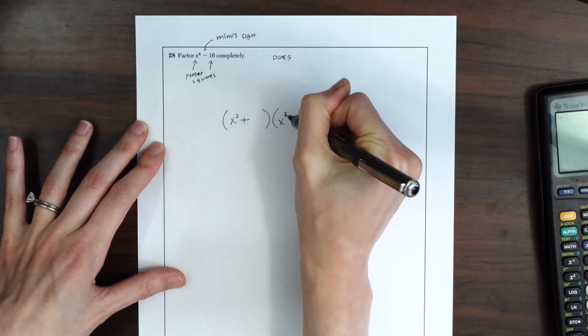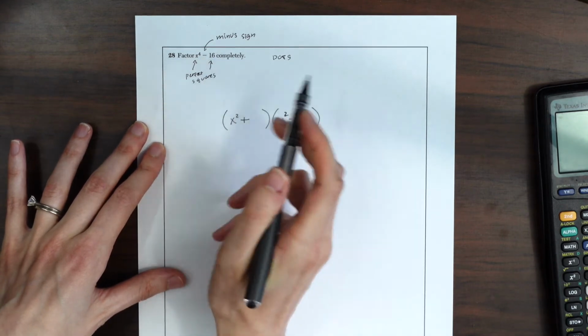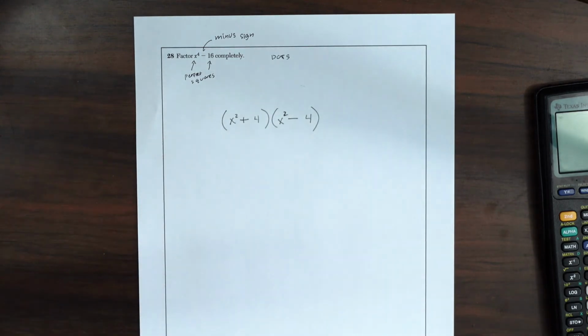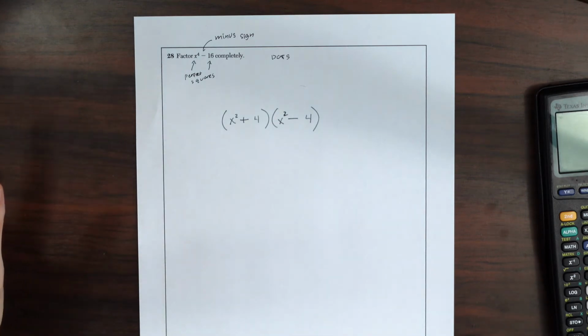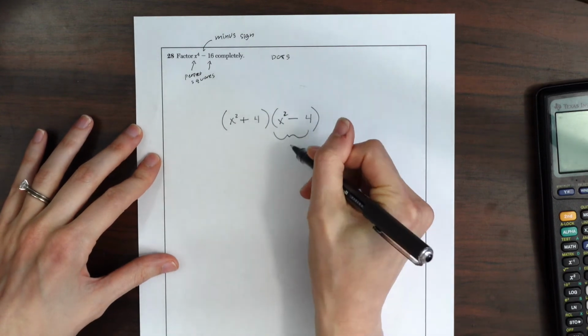So we're going to keep the same order of our terms. And then the square root of 16 is 4. So we're going to put that here and here, the remaining part of our parentheses. So we're almost done, so you might think we are done, but notice that this actually also